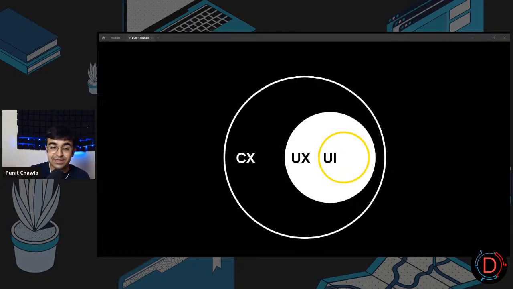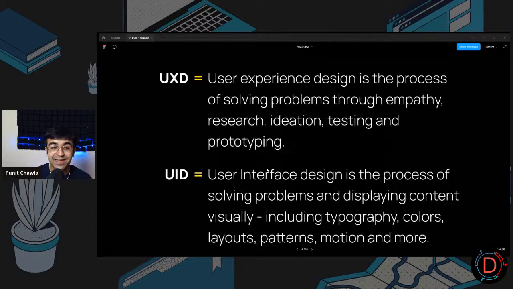There are other things in CX, like actual customer support, where you can call somebody and ask for help, chat services, there's marketing, there's onboarding, there's so many different kinds of things inside CX, and UX and UI are a big part of it now, definitely. And that is why it's a lucrative field too, because it's such a big part of it. I'm going to move on to the next slide, and we're going to check out what UX design and UI